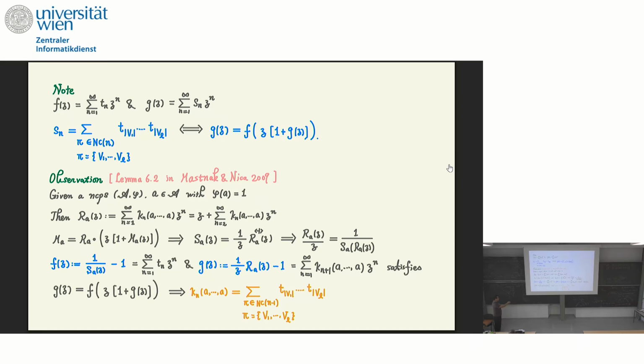And if you set F by this one, it gives you a formal power series. G, if you consider this one, gives you another one based on the kappa, here I call T. Then S, F, and G will satisfy this relation, which tells you how the kappa can be understood, so the free cumulant can be understood this way. Okay, that gives you the idea.